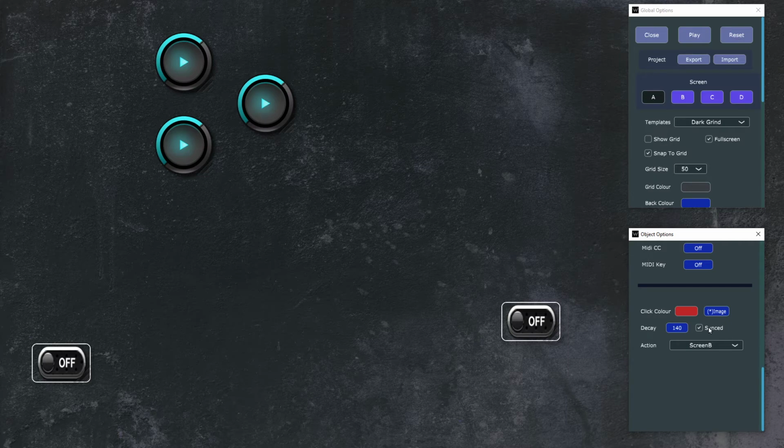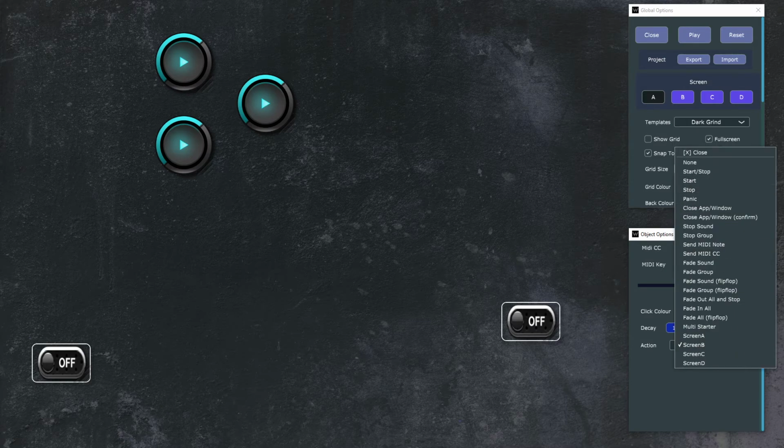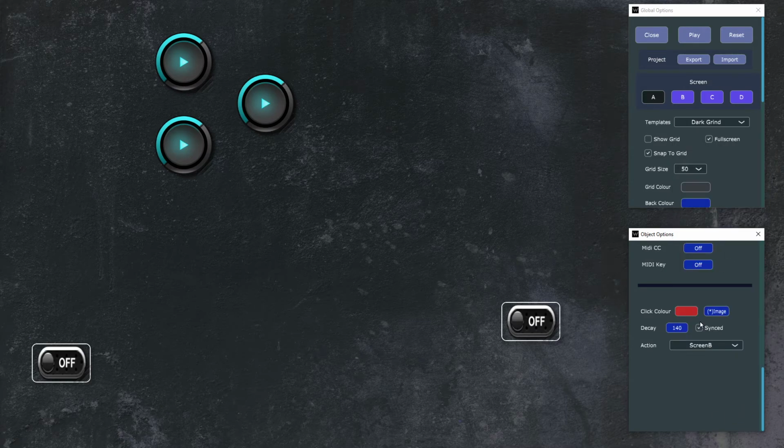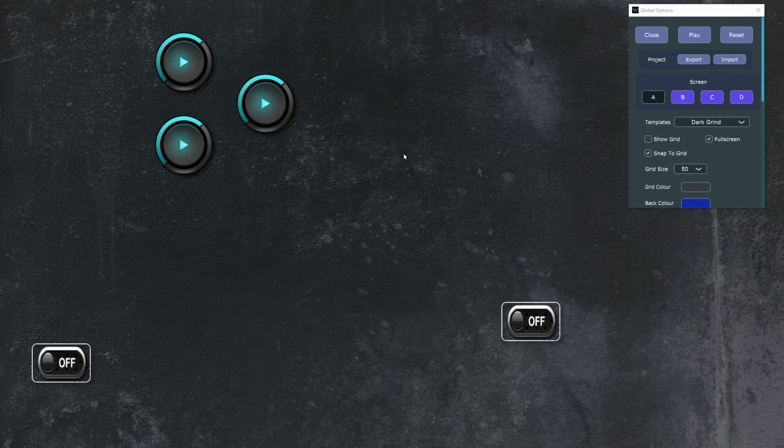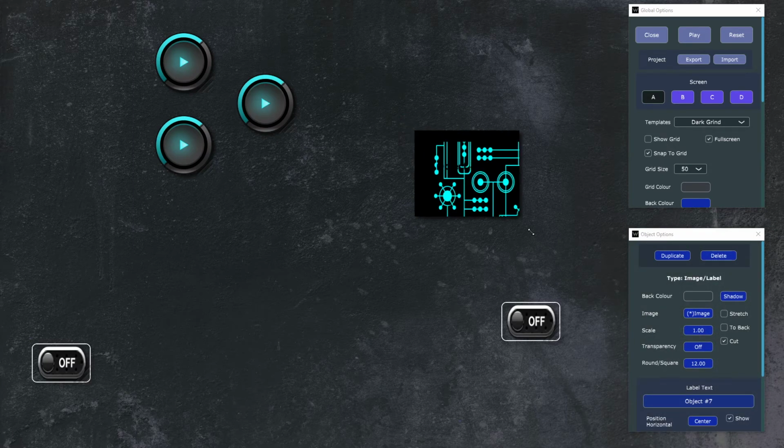The synced option is going to wait for the event to happen depending on what you start in here. I have to check this out. I'm still working on this, so don't worry about the sync option for now. The other option is the image and label. The image and label is going to create,